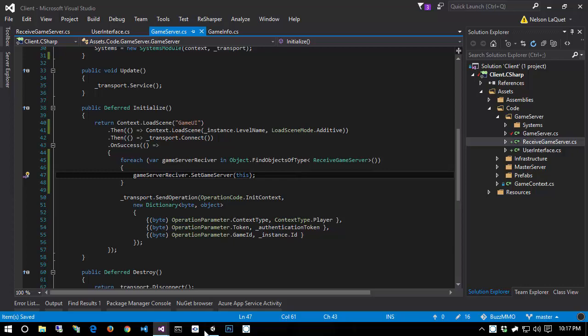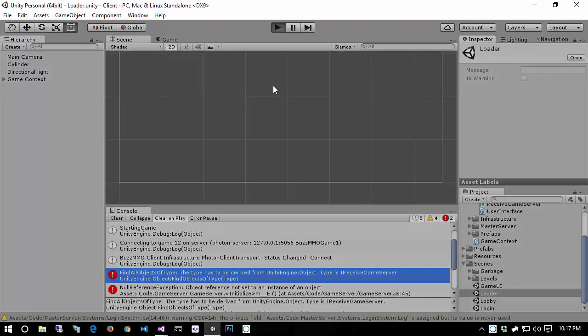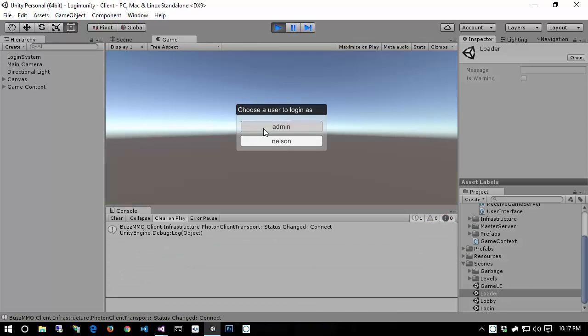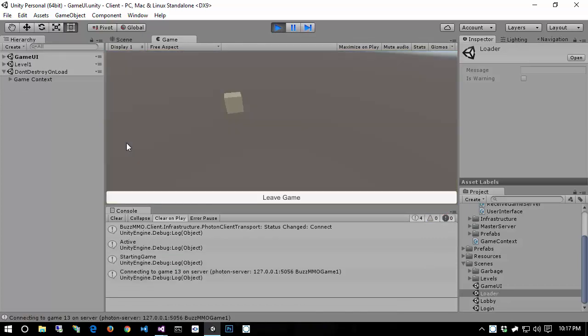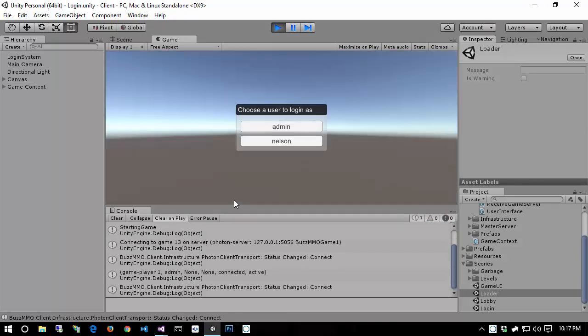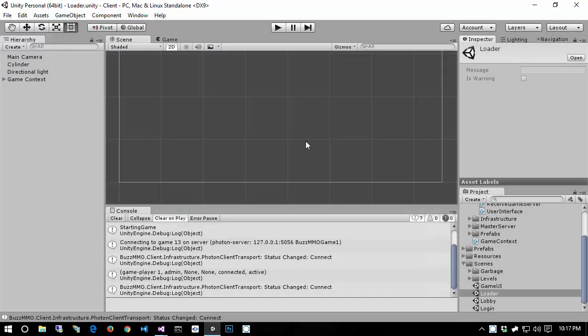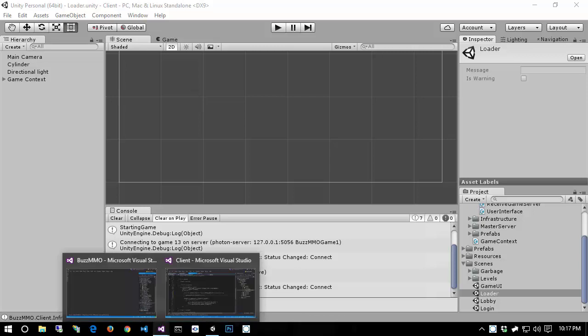Jumping back into Unity, let's hit play. Log as admin, create, start. And now if we hit leave game, we jump back here. Now we don't automatically relog in. That's going to be something that we're also going to have to handle, but we'll do that separately, probably by regenerating a token or something like that. But yeah, so the last thing I want to do here